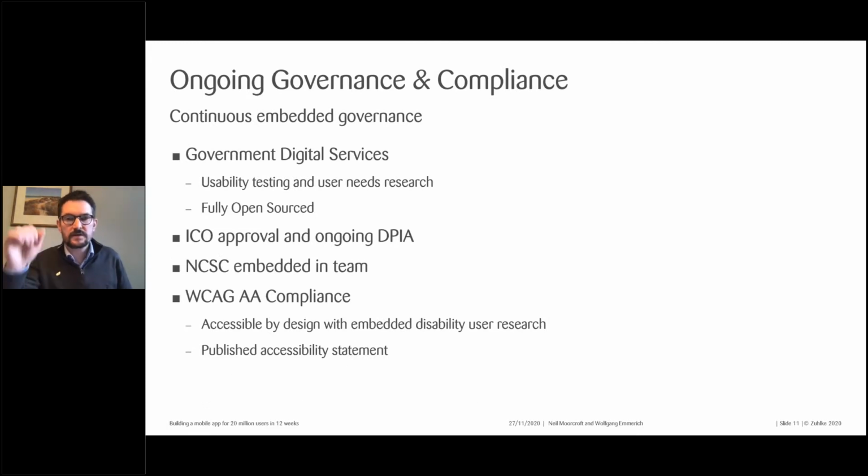Many other governance and compliance standards we needed to meet, and again, we baked these into the process. But some of the key things there, we were overseen by the Government Digital Service, GDS compliance. So a huge amount of effort goes into usability testing and user needs research up front. Still trying to do that, even though we have to go fast, every feature was tested,